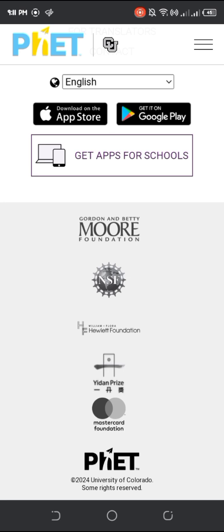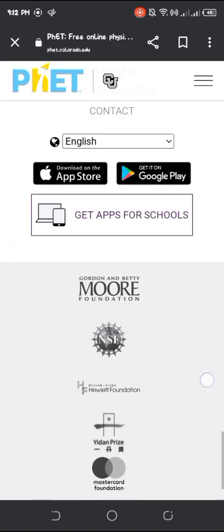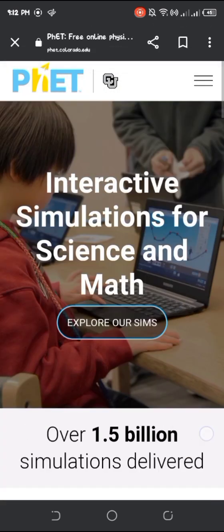That is the 2024 University of Colorado Summer Research. So I think that is all about the PhET. It is a very interactive simulation for science and math for children.